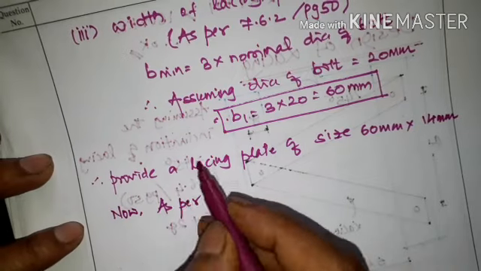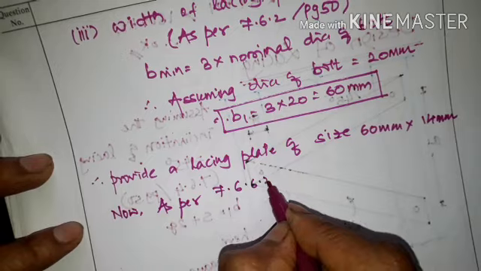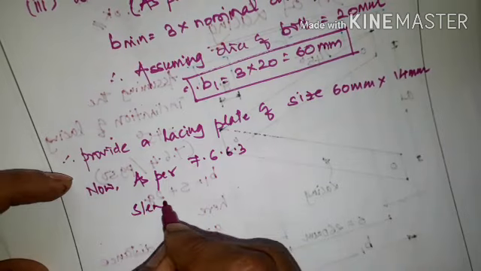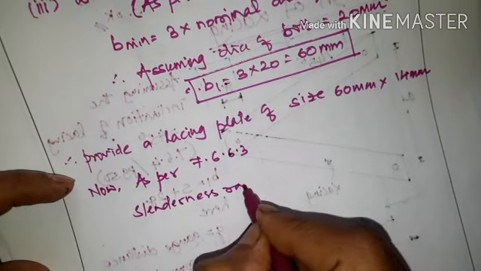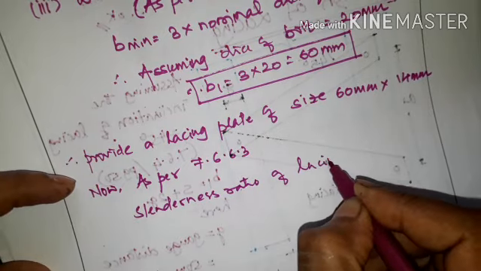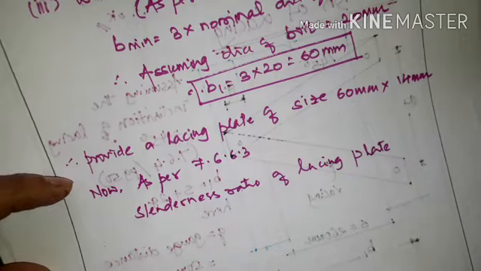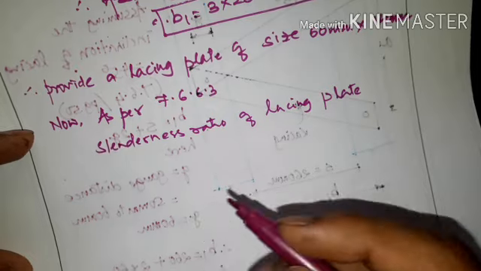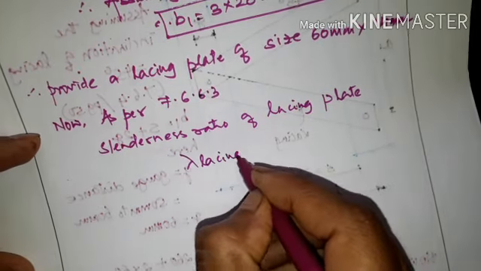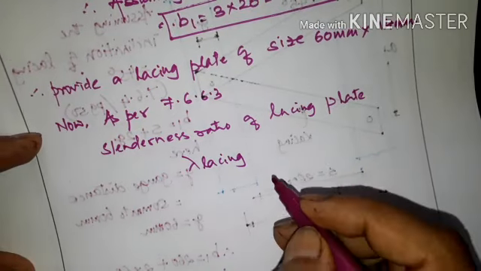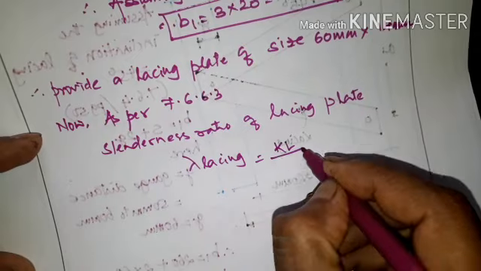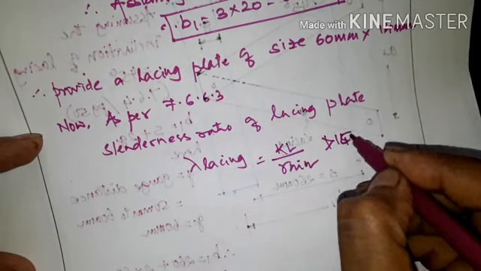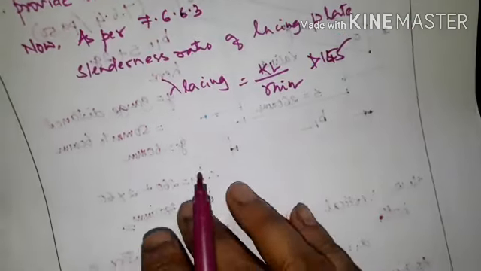Okay, now as per 7.6.6.3 slenderness ratio of lacing plate, lambda lacing is given by KL by R minimum, which should not be more than 145, where